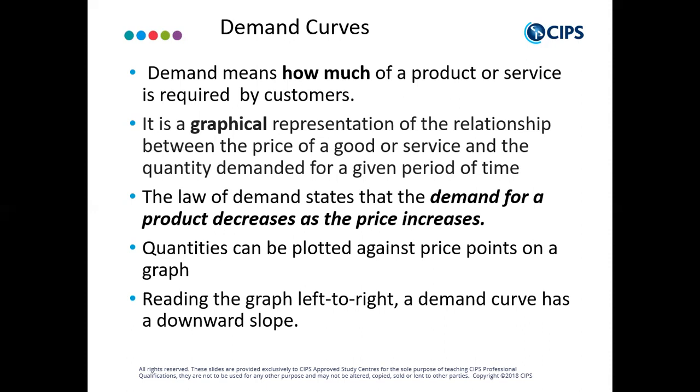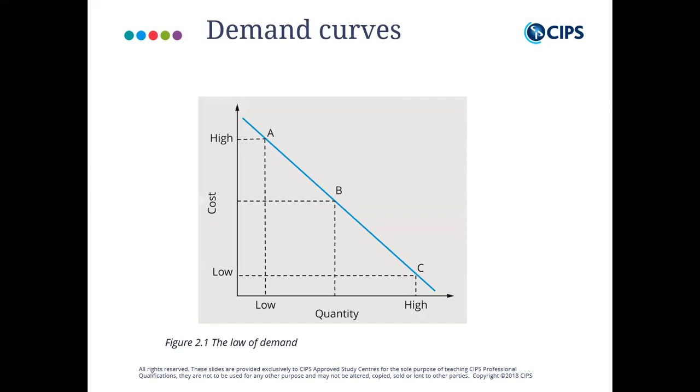Now, a demand curve is just a graphical representation. Yes, we're going to deal with graphs, but the graph is not so hard to explain, guys. So this is the graph, the demand curve. I know it's not a curve, but nonetheless, this is the demand curve. On the side is cost and on the bottom is quantity. So at a high cost, people will demand low. At a middle cost, people will demand a middle amount. But at a low cost, the height of demand increases. You get it, guys? The quantity of things demanded at a low price is high.